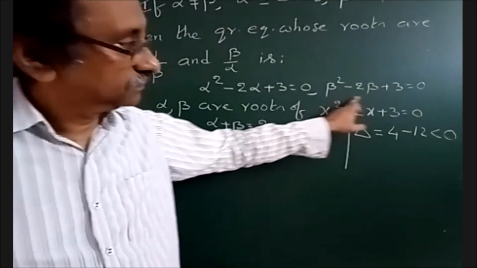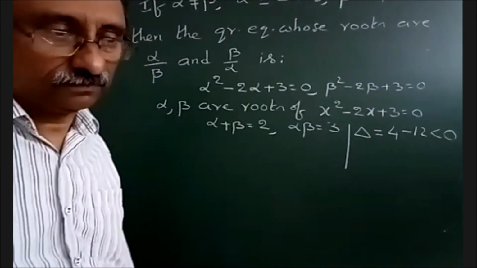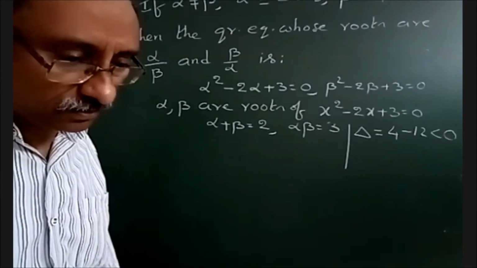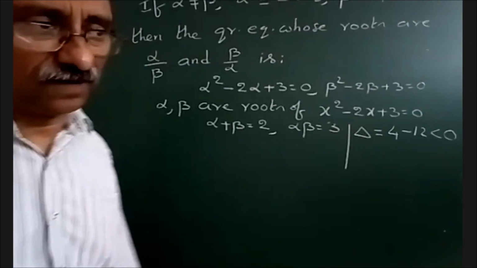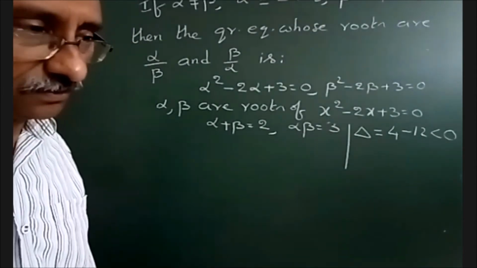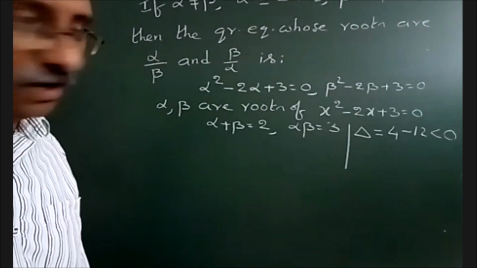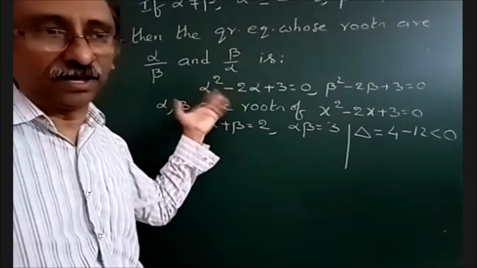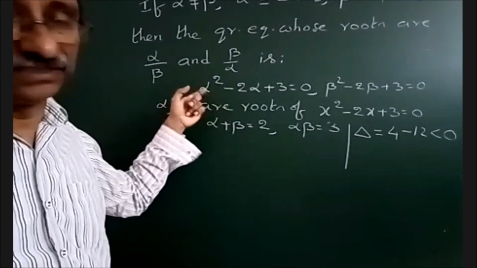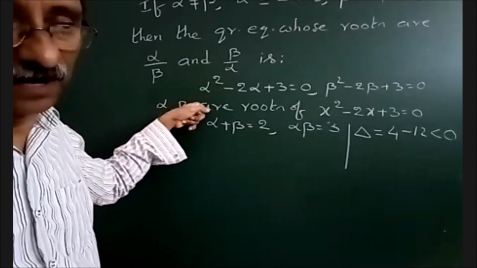Thank you, ma'am. Alpha square minus 2 alpha plus 3 equals 0, and beta square minus 2 beta plus 3 equals 0. If you find the individual values of alpha and beta, those two will come equal, no, sir? How do you get equal? Minus b plus or minus root of b square minus 4ac. If you... this is not a quadratic equation. This is a number, an expression satisfied by alpha.